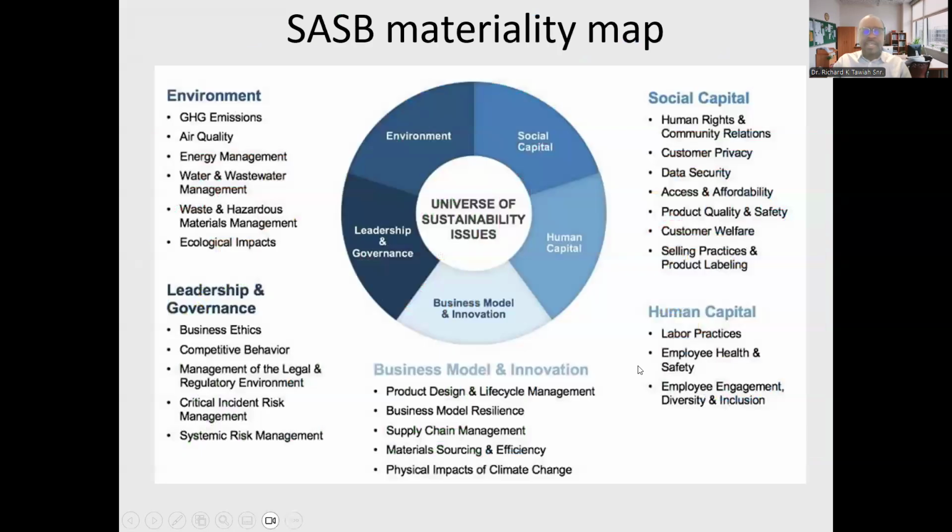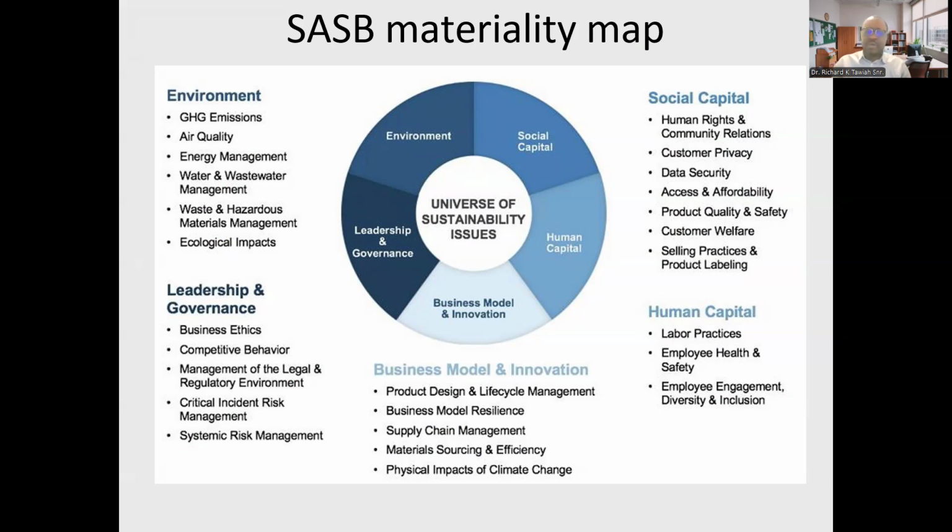All right. The SASB materiality map. We get these things typically on hand. We get a natural accounting protocol toolkit. We can always use this whenever we need it for a hands-on approach to our work. But let's just touch on the key items of the materiality map. It's looking at environment, leadership and governance, business model and innovation, human capital, and social capital. Okay, so that's the universe of the sustainability issues. And these are examples we've cited.